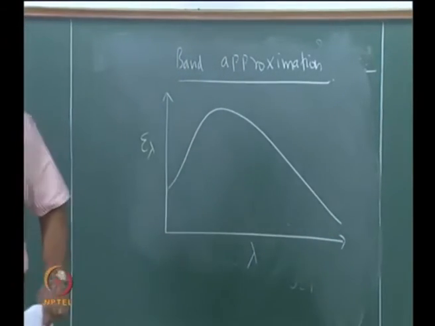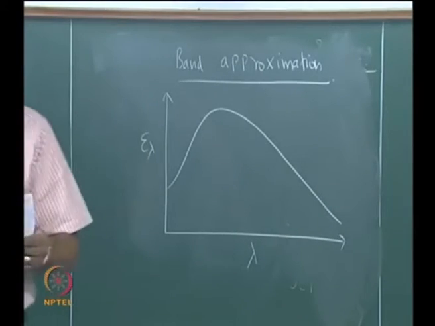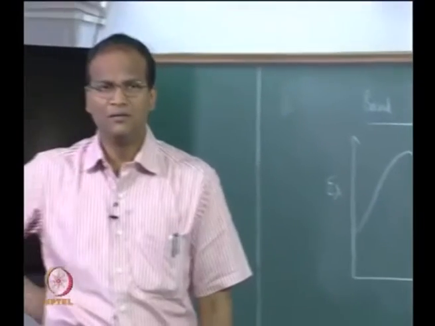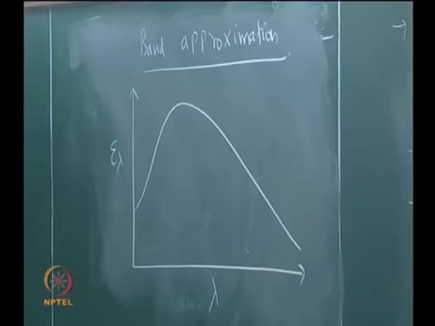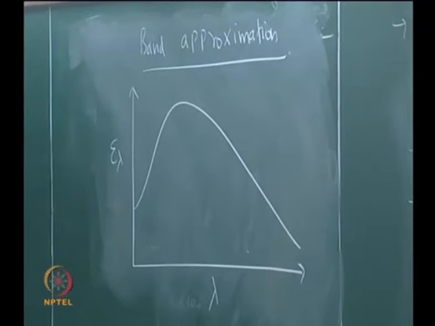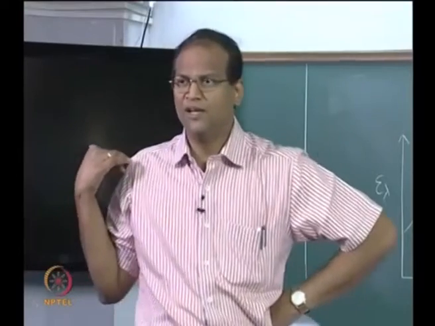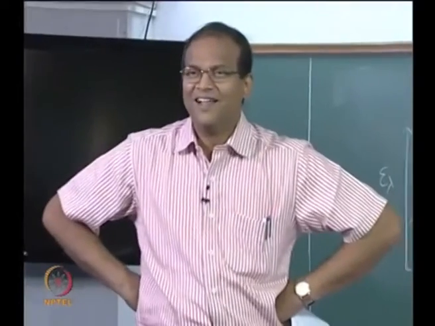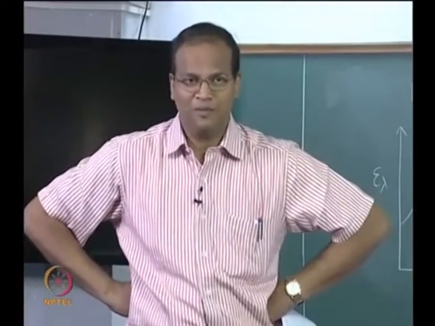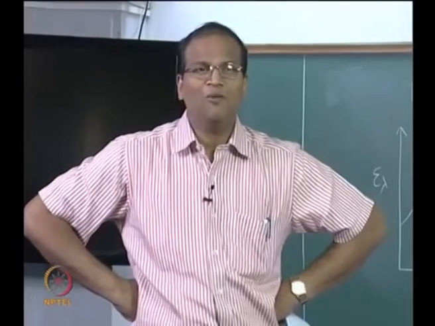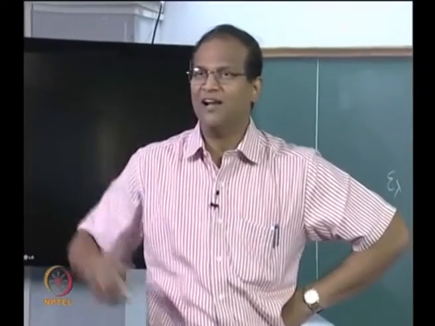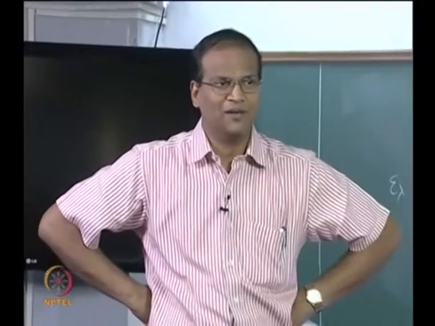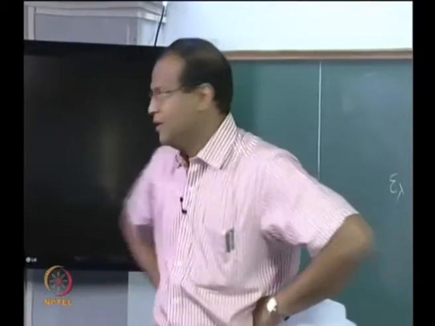I have epsilon lambda versus lambda varying like this. Let the spectral hemispherical emissivity of a surface be like this. I want to use a spectral radiosity formulation. I can't use a grey body. It is far from being a grey body. It is multicolor. Now, in the light of what I told you previously, I do not want to do a million calculations, or write thousands of j lambdas and all that. I want to make the problem tractable. Can you help me out?